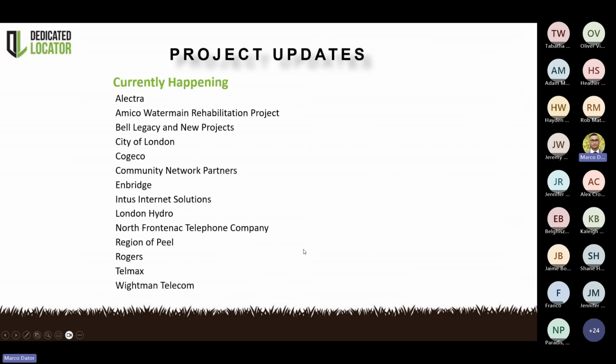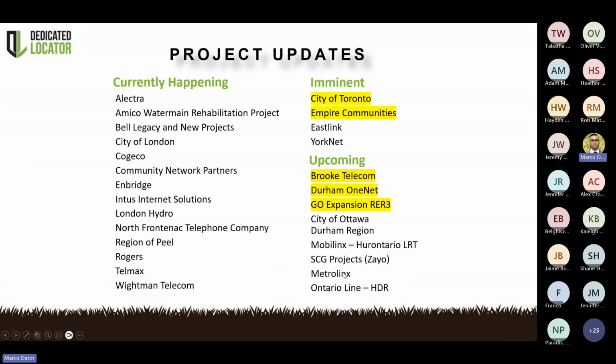So at this point of the presentation, I just wanted to give you guys a brief overview of updates again for dedicated locator, just like our monthly updates. Our project updates pretty much currently happening remain the same. What we're looking at here are the imminent, which is City of Toronto and Empire communities that have submitted their